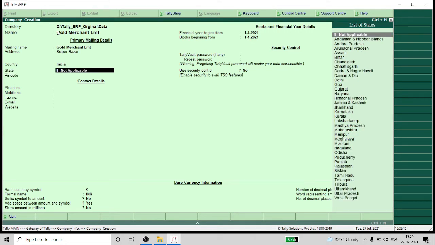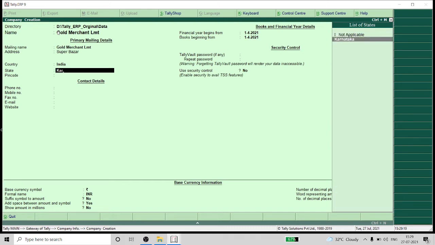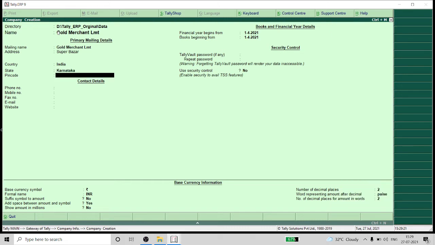State you have to select here. It is asking for the state, Karnataka. Next, pin code it is asking, you have to type the pin code. Next, it is asking for the phone number. You just enter the phone number. Next, mobile number.